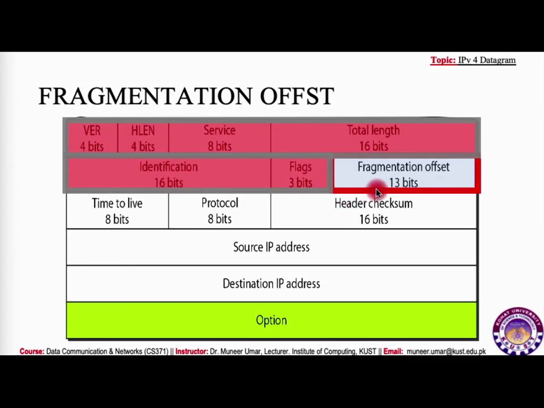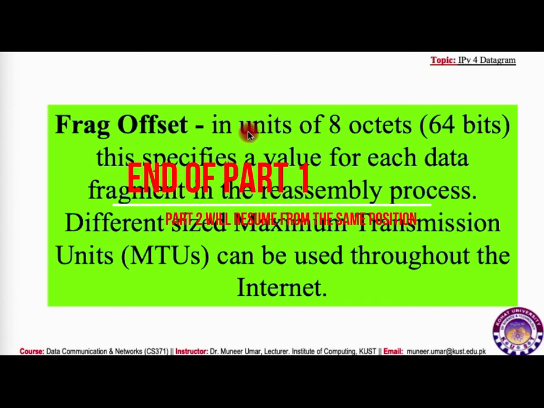The next field is fragmentation offset. Fragmentation offset is in units of 8 octets or 16